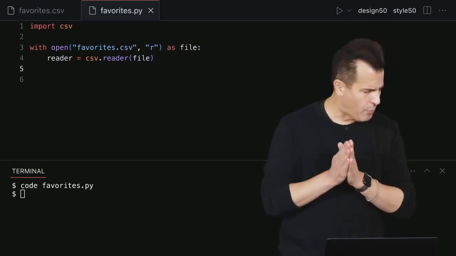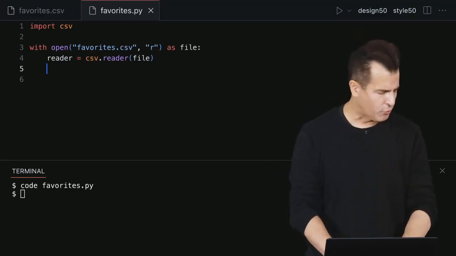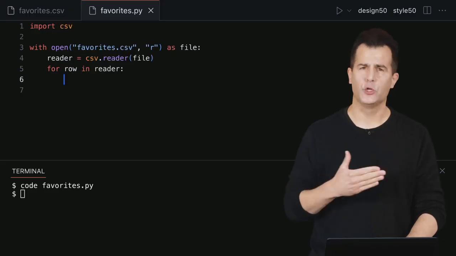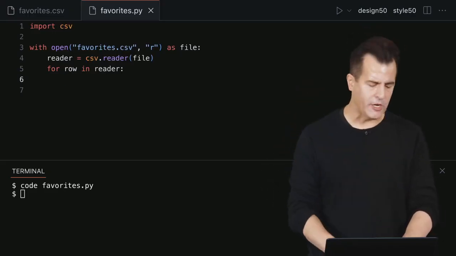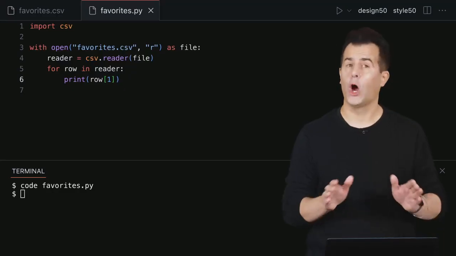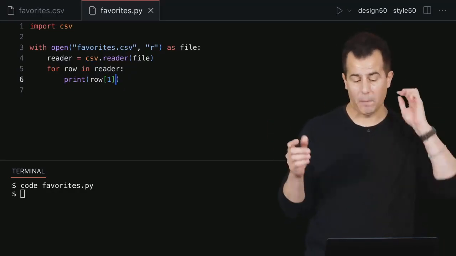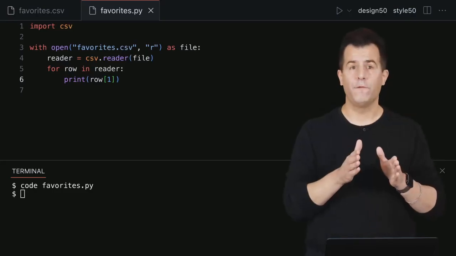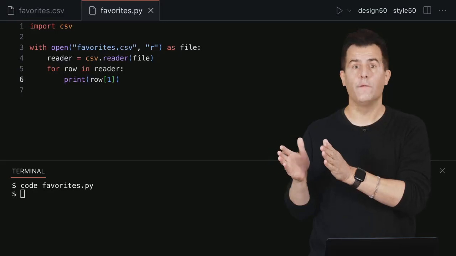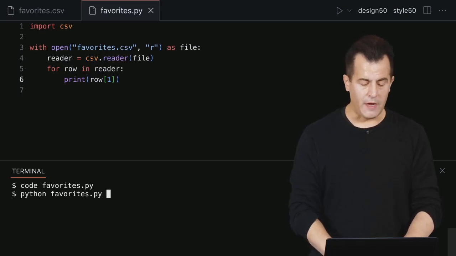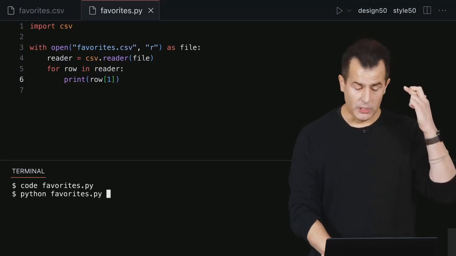Now, for the moment, I want to go ahead and iterate over all of these rows. So for each row in that reader, and this is wonderfully useful Python syntax for just iterating line by line over this so-called reader, let's just go ahead and do something simple like print out the second column we see in that file. So recall that these columns are going to be 0 indexed as are Python lists. So 0 would be the timestamp, and I don't really care about that. 1 is going to be the favorite language, and 2 is going to be the favorite problem among our problem sets. Let me go down now into my terminal window, run python of favorites.py, cross my fingers as always, and